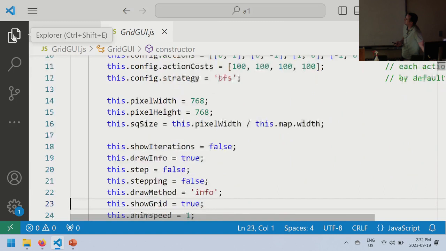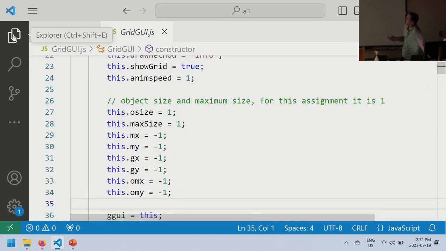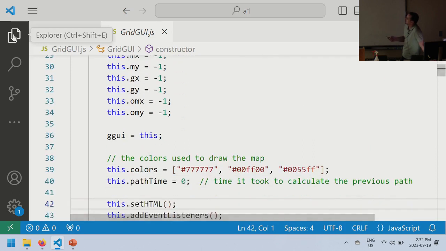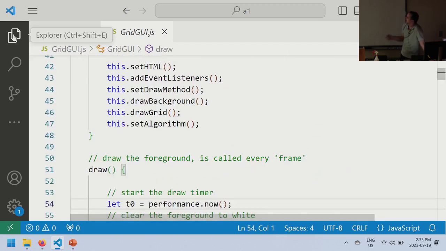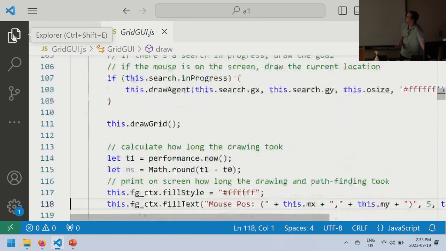The only thing I wanted to show you here is that you get object sizes. It keeps track of where you clicked, the initial state and the goal state. Here's the colors. So the colors are just represented by their hex codes. So this is gray, this is green, and this is a dark blue. And so when you get this.get or the grid.get xy, that is the index to look up this color. Then down here, I add all the event listeners and everything. It does all the animation stuff, and it's like,